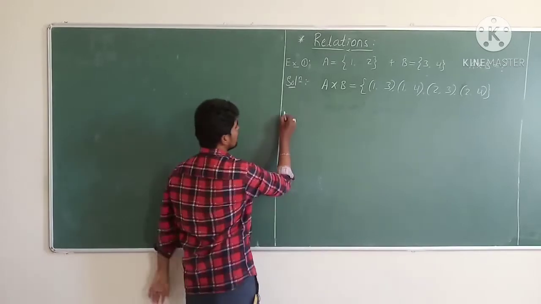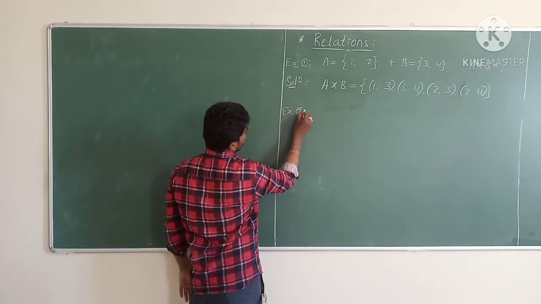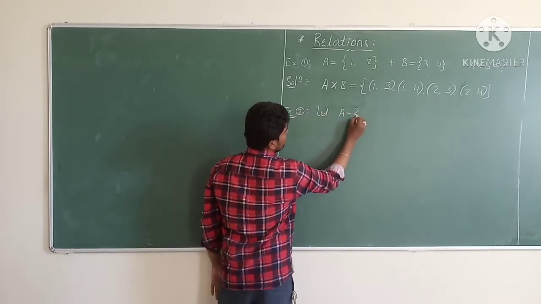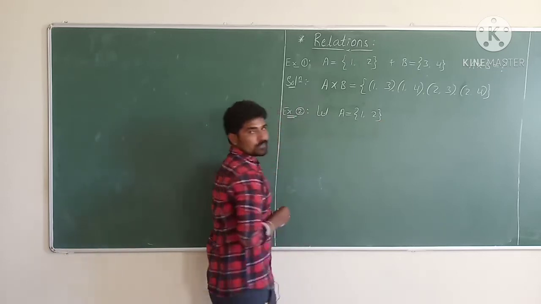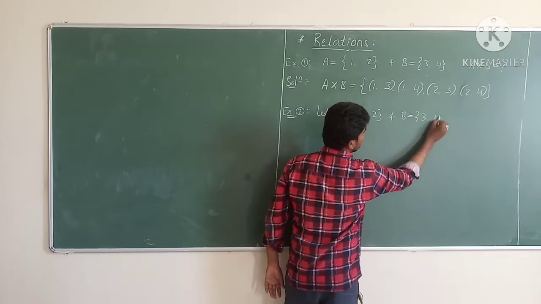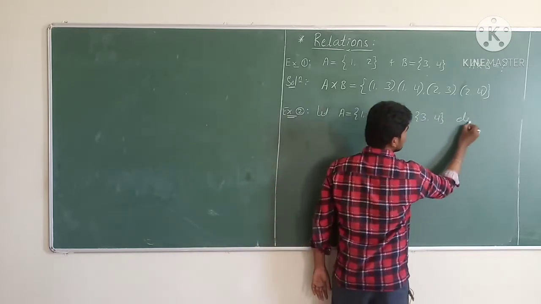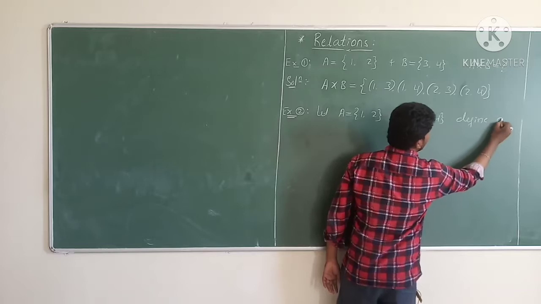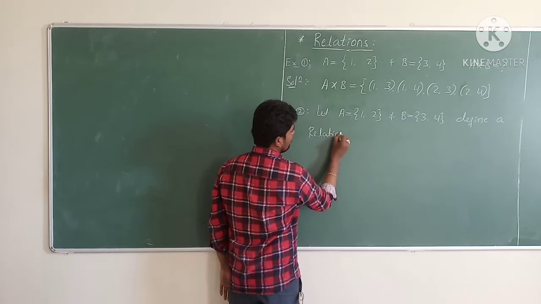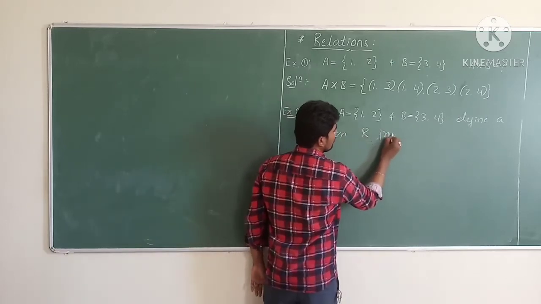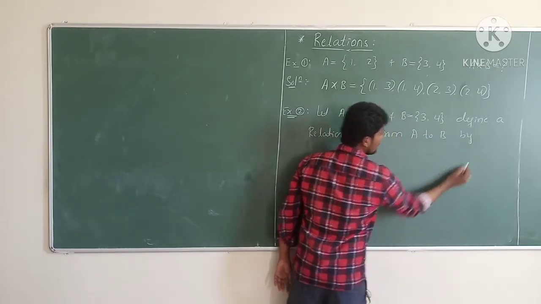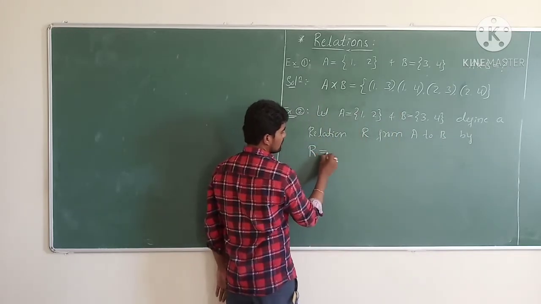Let us consider one more example. Let A consist of the elements 1 and 2, and B be a set consisting of the elements 3 and 4. Define a relation R from set A to set B by R is equal to